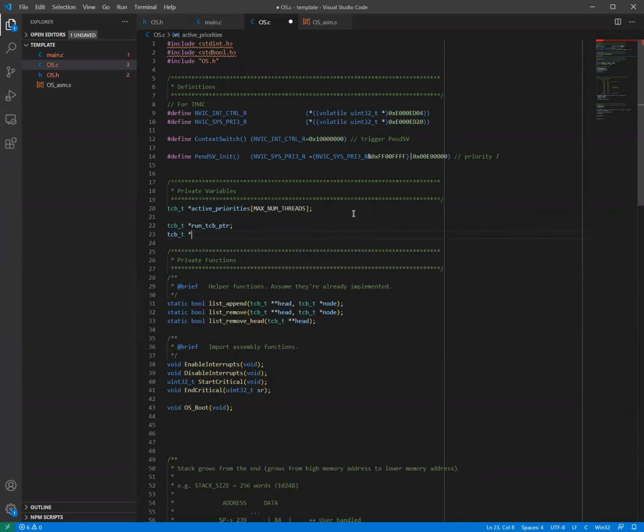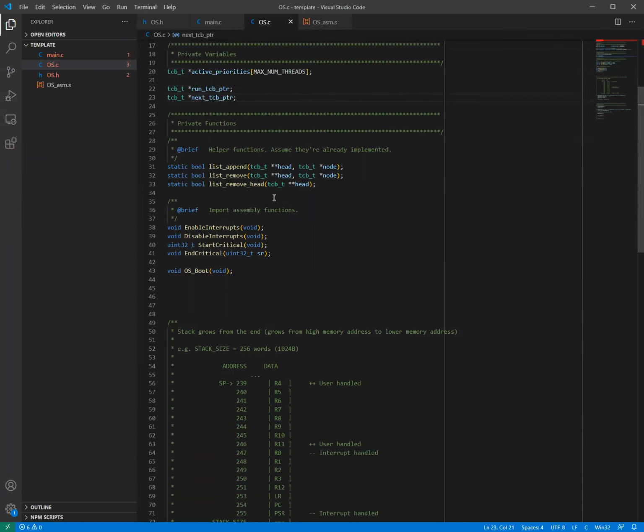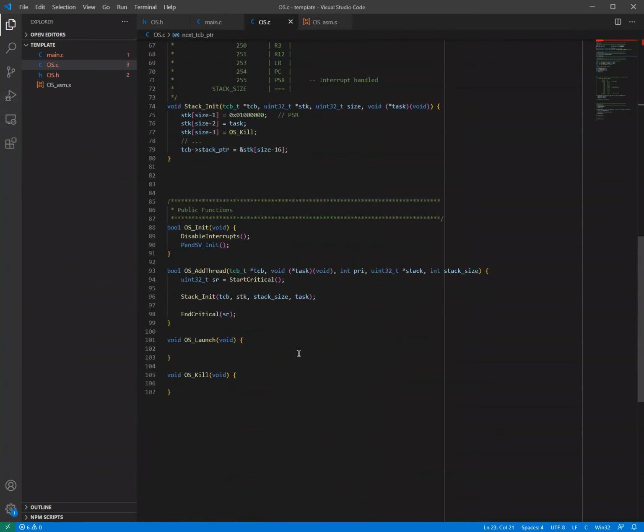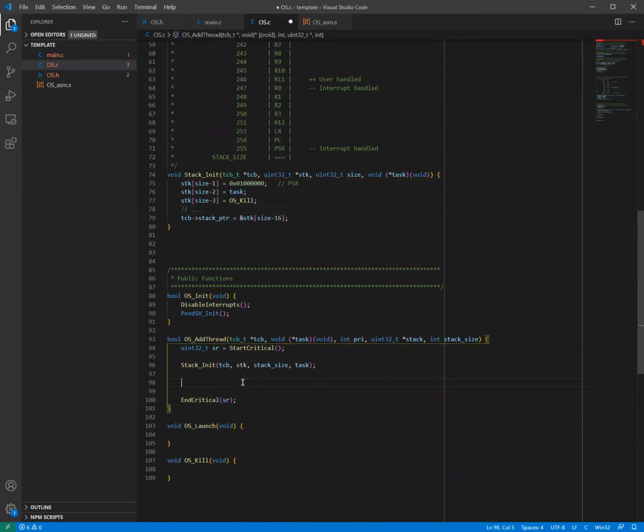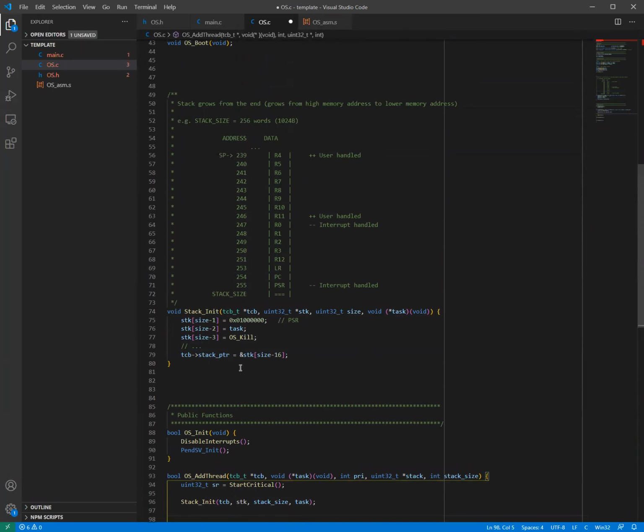There's one more variable called pointer, and that's for the scheduler. I'm going to try to finish this up real quick, but after the stack is initialized, the PC portion of the stack holds the task that it wants to run, and then LR holds the OS code, and so forth. The main thing left to do is